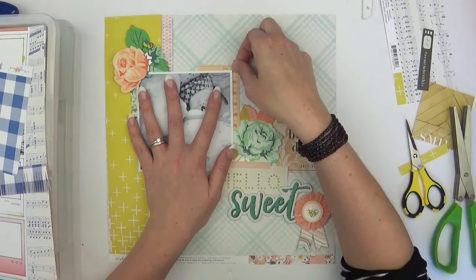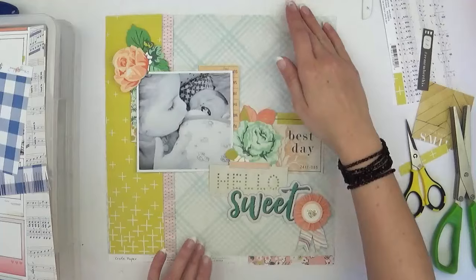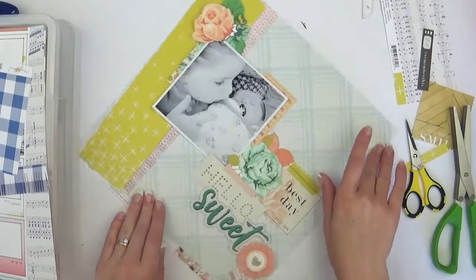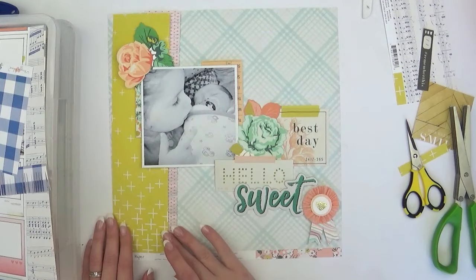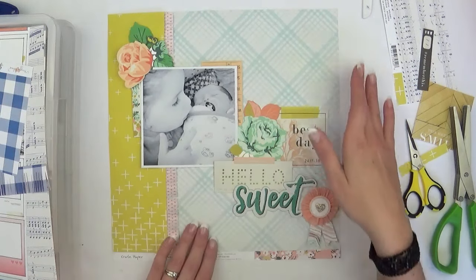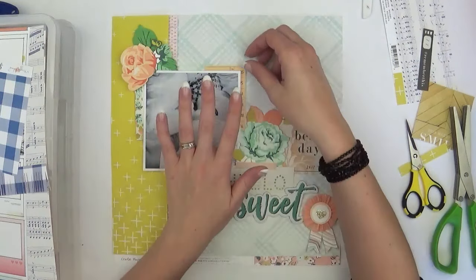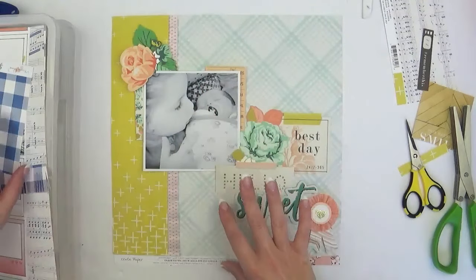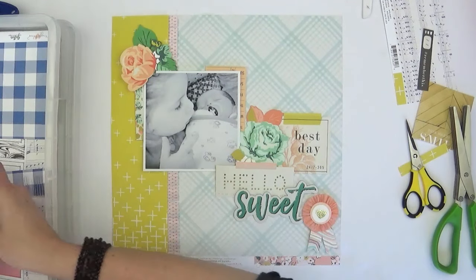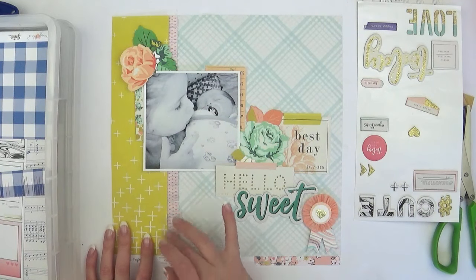So I've moved and flipped the design, where I'm not working this way now, which could work as well, but I'm working this way. I know that I would probably prefer this layout if it was grounded on a white background, because I feel like everything would pop that little bit more, but I'm working with my challenge and I'm going to persevere with it. I think that I'll be able to add a few other accents, and I was wondering whether I could even add another